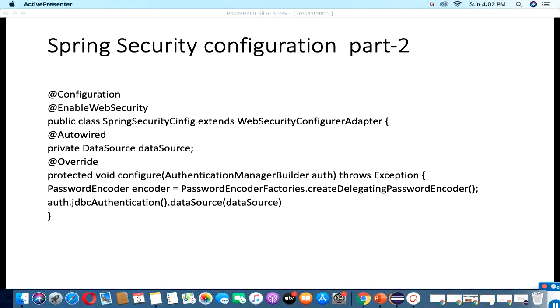If we use JDBC authentication, then we don't need to pass any username and password configuration, meaning username and password related queries, because Spring Security by default provides a default schema, like users, credentials and authorities kinds of things.